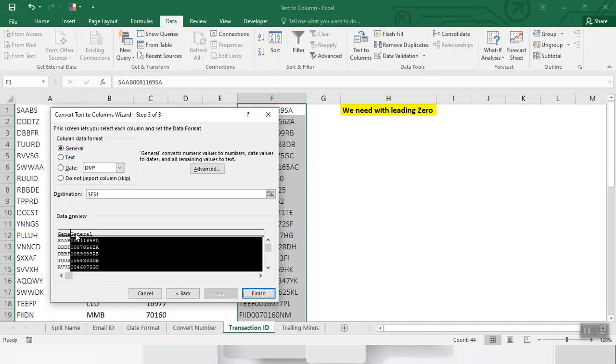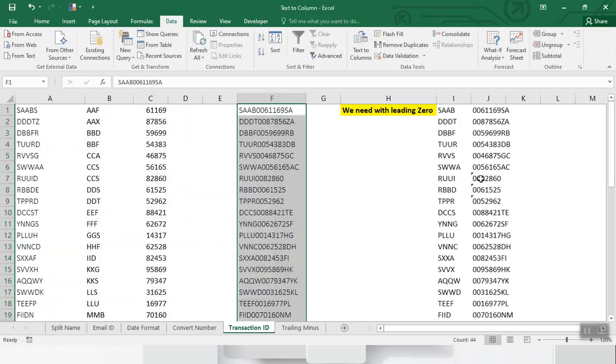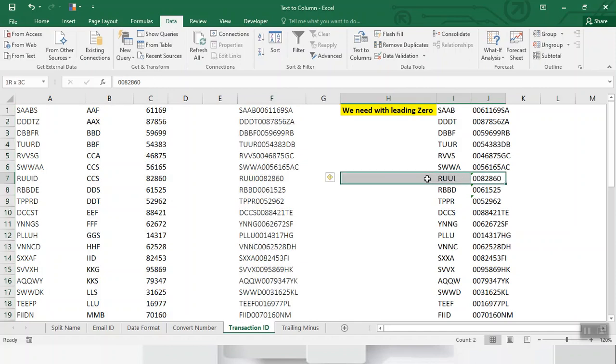You can also change it from general to text, select text, and change destination place. My destination place is this. Let's finish. Here you go. This ID has the leading 0.